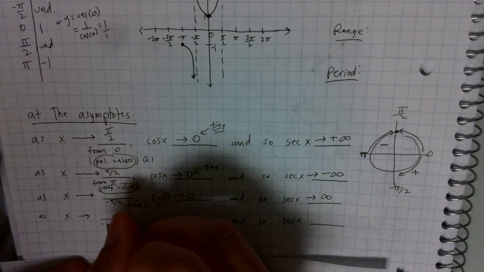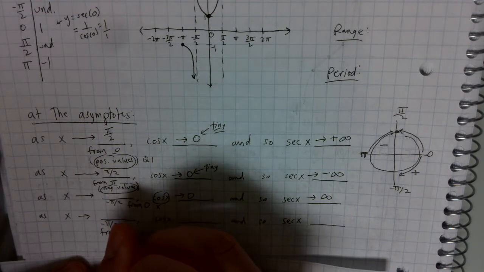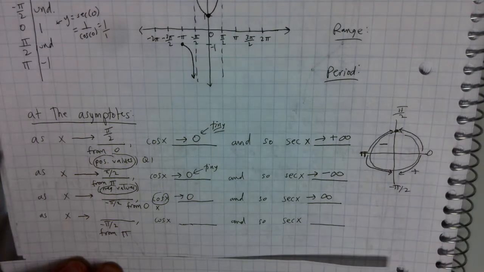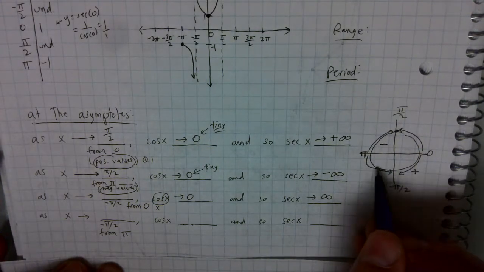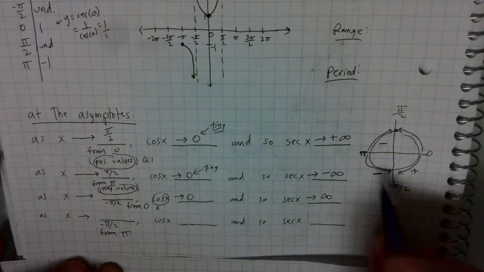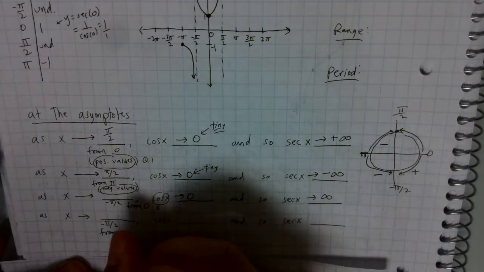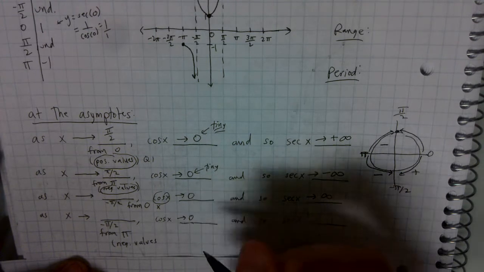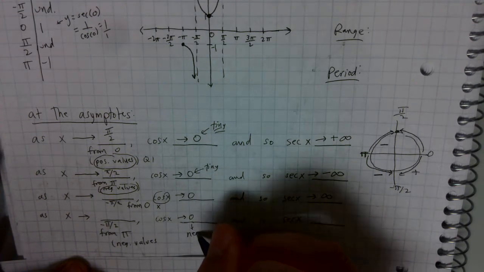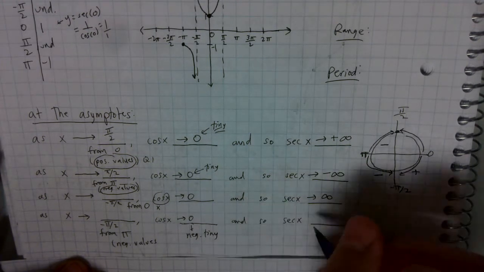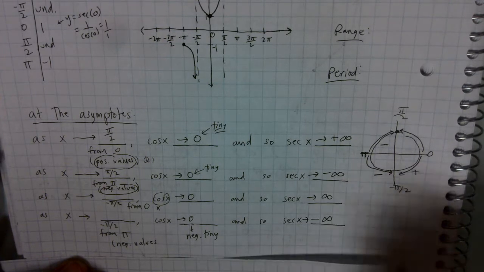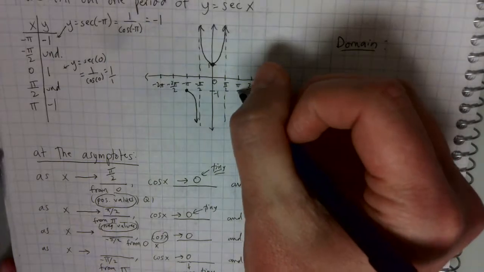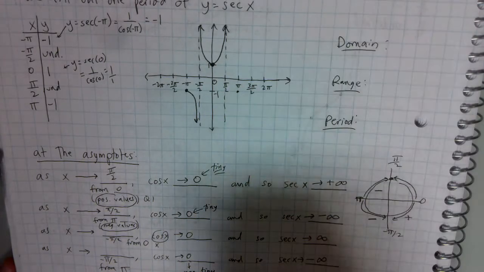Now, as you work your way to negative pi halves, but starting from pi, so now you're here working your way towards it. So as you start from pi and get towards negative pi halves, all of your x coordinates are negative. So these are all negative values. Cosine x is getting tiny, but negative tiny. And negative tiny means negative infinity for the secant function. So now as you start at pi and you work your way towards